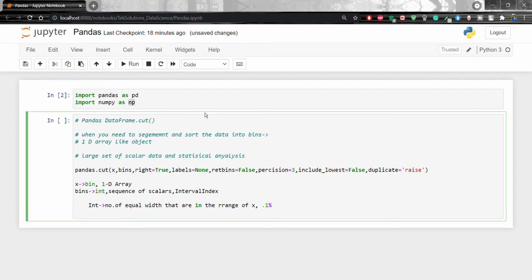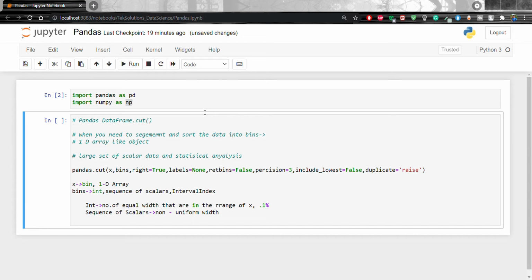The next one will be a sequence of scalars. What is its significance? It mainly defines the bin edges that are allowed for non-uniform width. And the third one will be interval index.